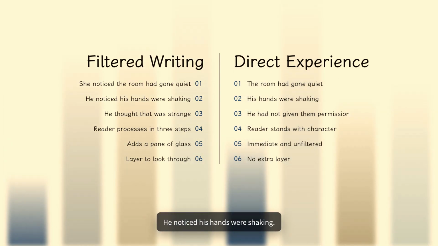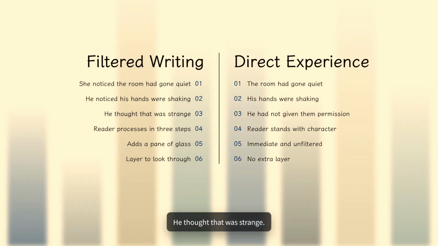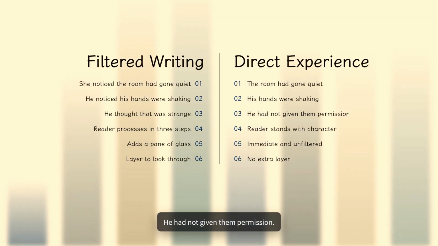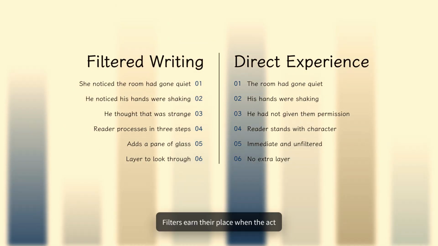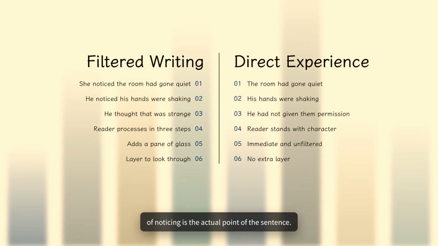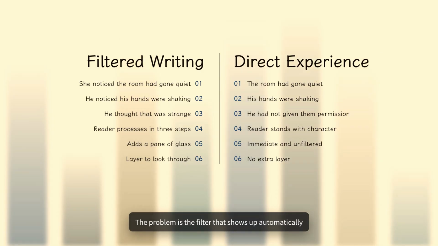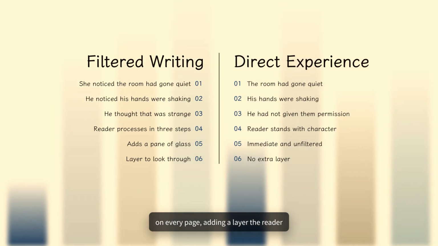Here is the taxed version. He noticed his hands were shaking. He thought that was strange. Now, the cleared version. His hands were shaking. He had not given them permission. Filters earn their place when the act of noticing is the actual point of the sentence. The problem is the filter that shows up automatically on every page,